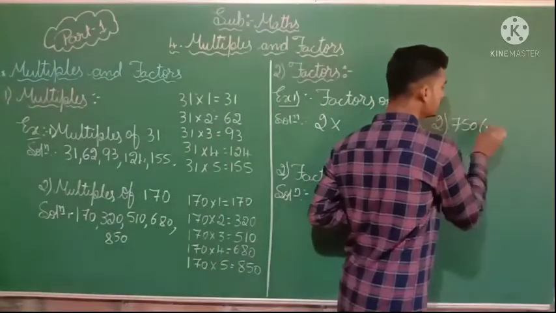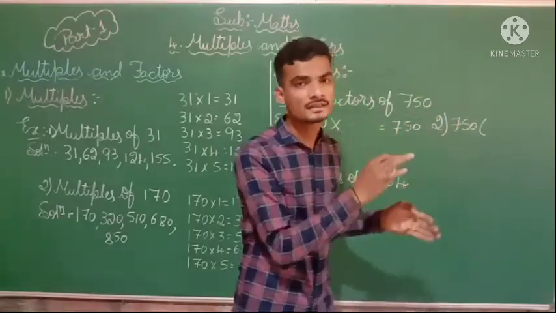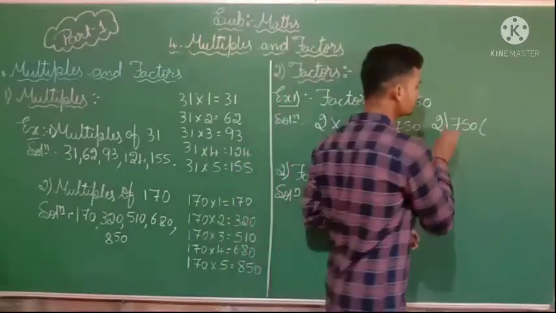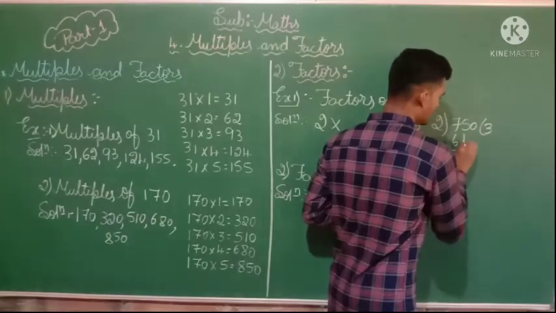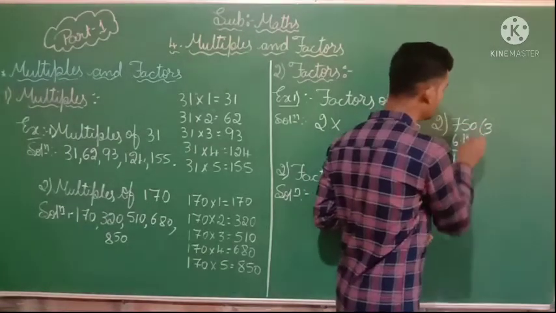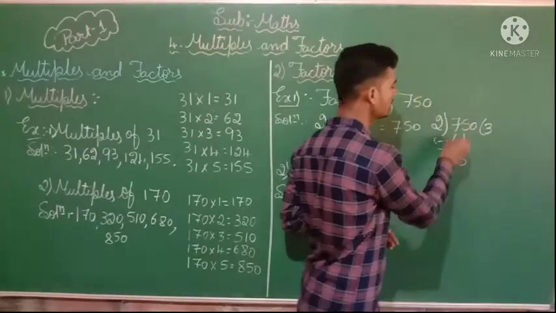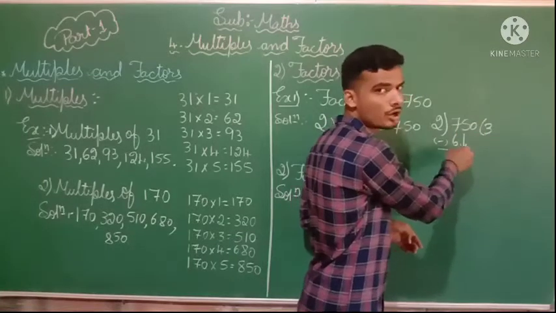2 ones are 2, so no, 2 how much is 7? You will not get 7, you will get a lesser number. We want to take a lesser number, not a greater number. So 2 3s are 6. Here 1 remains, so we subtract: 7 minus 6 you will get 1. Then take 5 down here. Then 2 how much are 15?